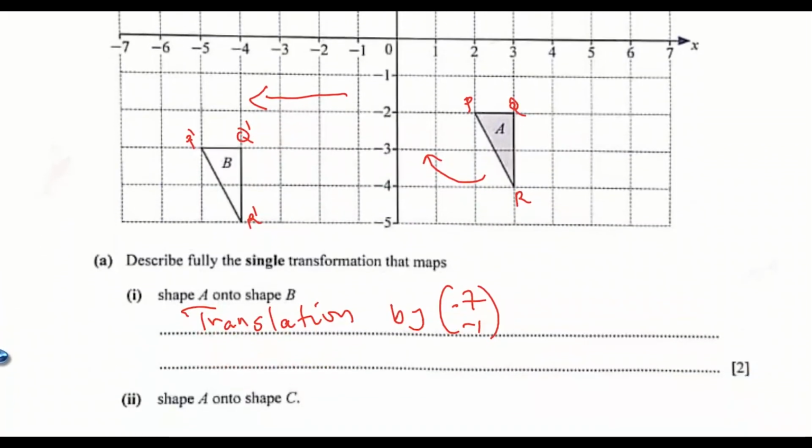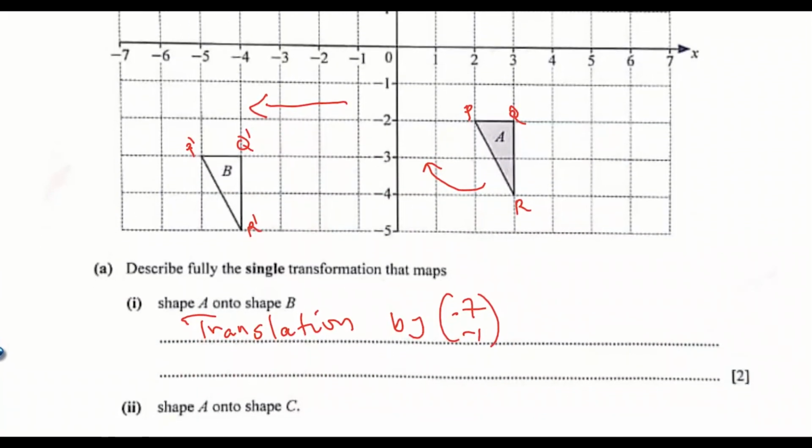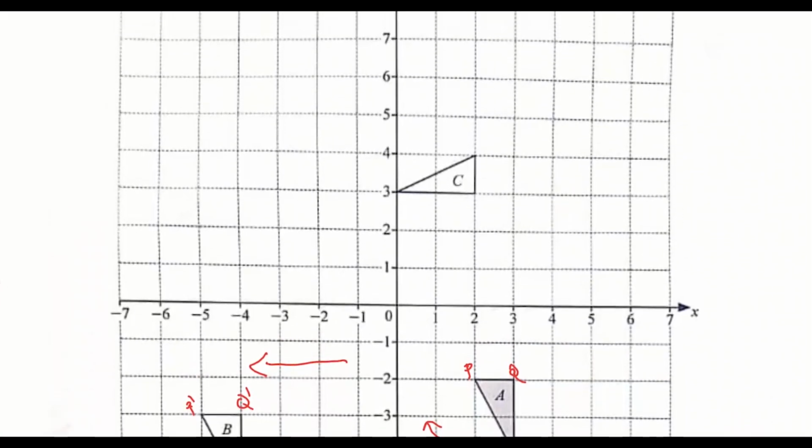If you follow that, point P will be this side now, so it will be P prime prime. Then point Q will be here, so it will be Q prime prime. And point R will be here, that will be R prime prime. It was rotated towards this direction. That is how I got to know that it is